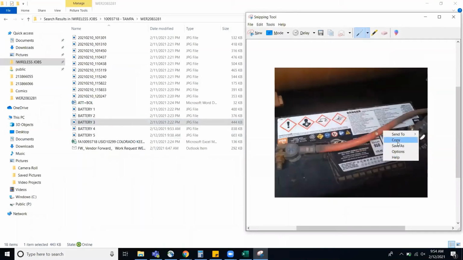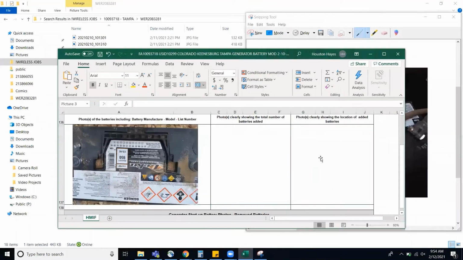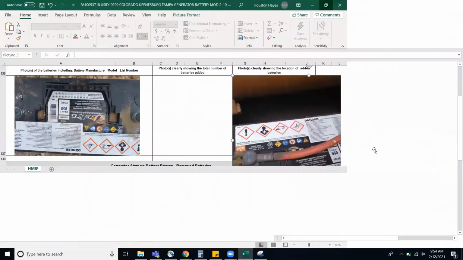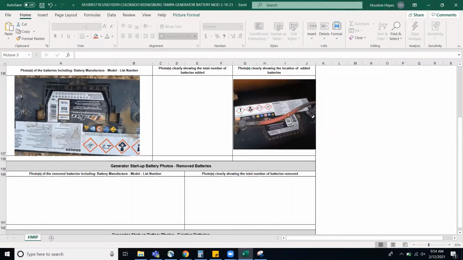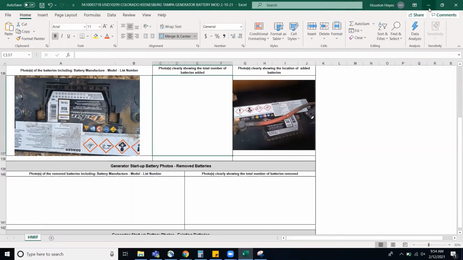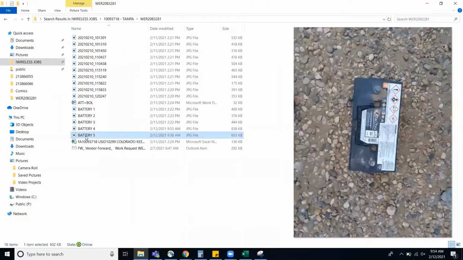one is definitely going to be a little more of a portrait sized here. And yeah, just center it. Doesn't need to be exact, but we want to make it as easy to review as possible. All right, so we have another image that just shows that we have a single battery added, which